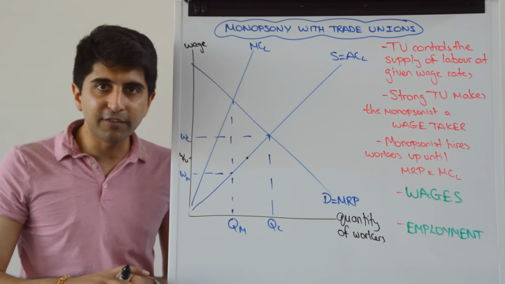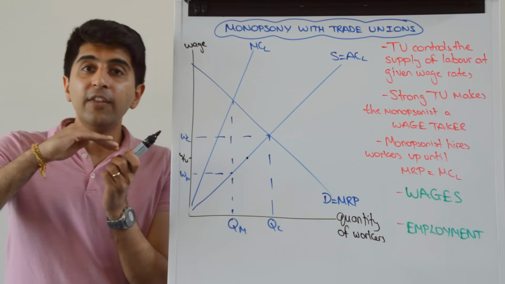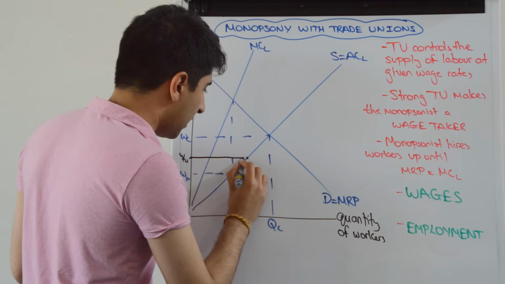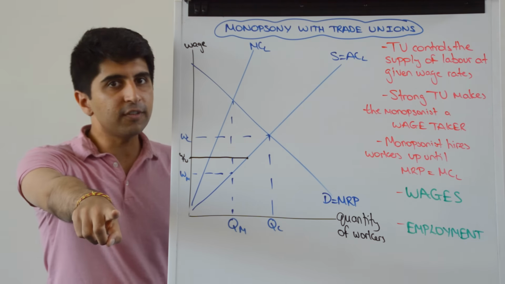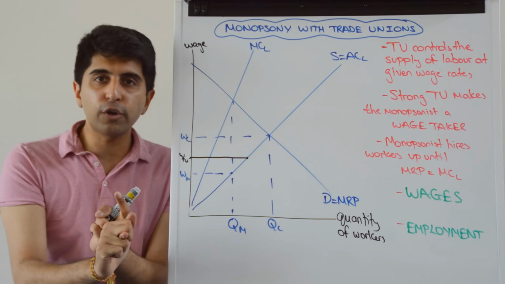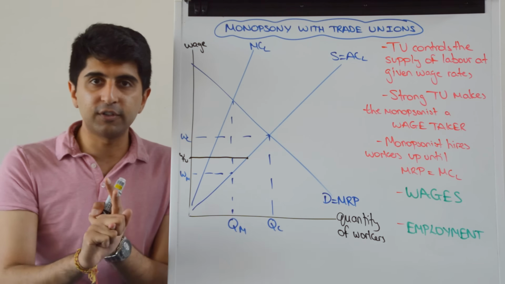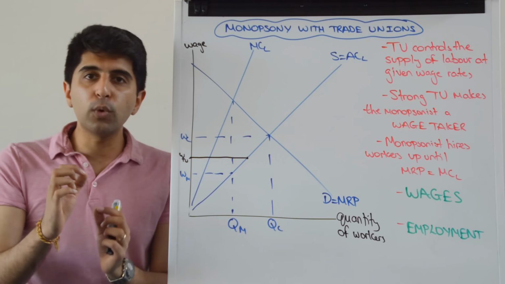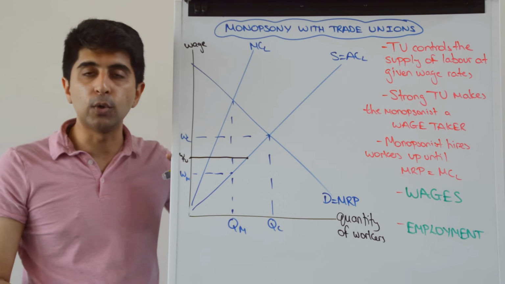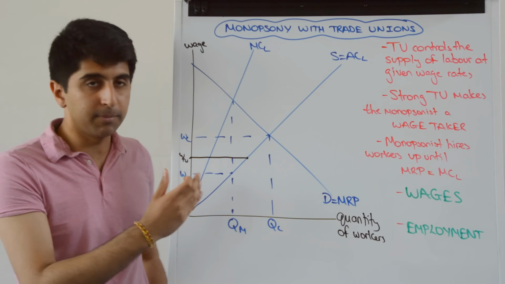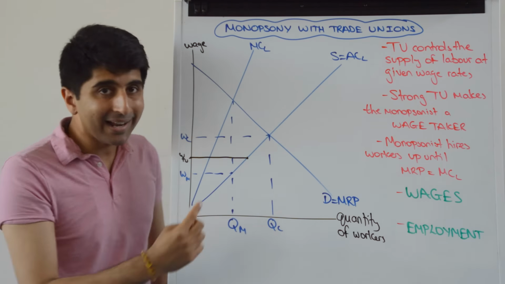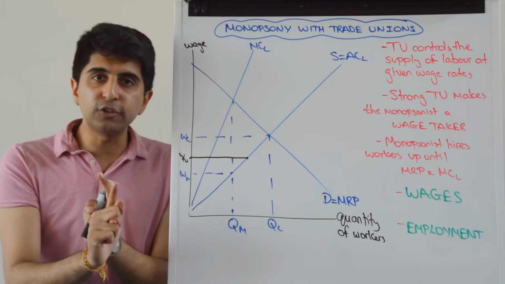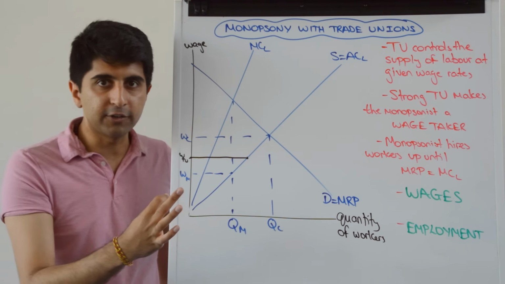Which means that the supply curve now for this monopsonist is going to be horizontal. The monopsonist becomes a wage taker. So we can draw the supply curve, which is horizontal up until that limit there. But that's not just the supply curve. That is also now the average cost of labour curve, and it's the marginal cost of labour curve as well. Because for the monopsonist employing workers up until this limit, each worker is being paid the same wage of WTU. So the marginal cost now is constant at WTU. So this black line is now the new supply curve, the new average cost of labour curve, and the new marginal cost of labour curve up until this black dot.